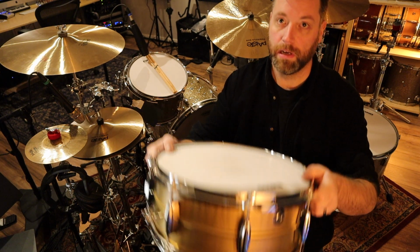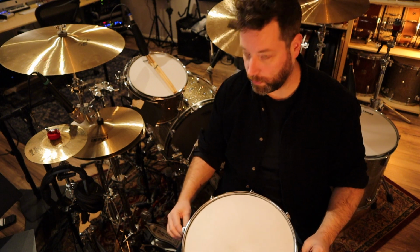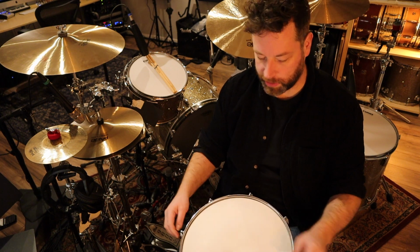Today, snare drum. So there's obviously not one single way to tune a snare drum. You can really just get any sound you like, and if it sounds good to you, it's tuned. So what I'm going over is really just sort of a traditional way of tuning a snare drum, and my